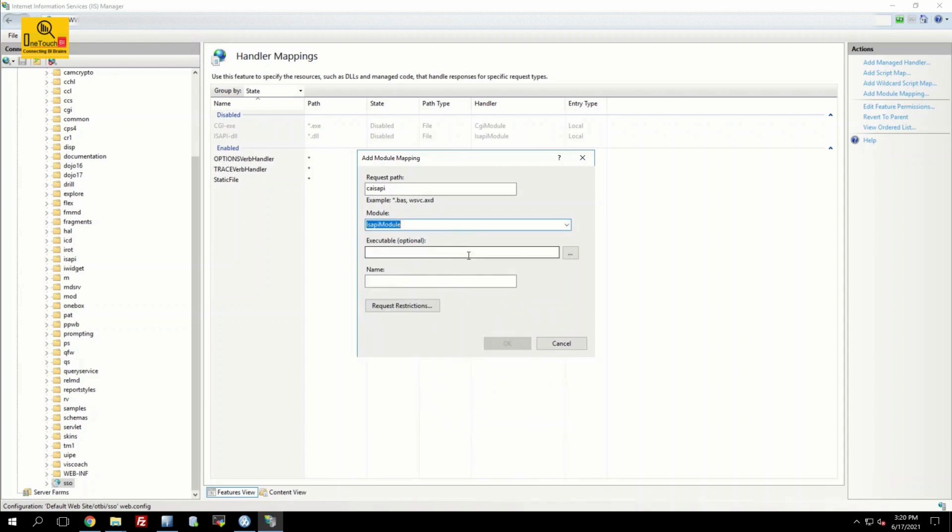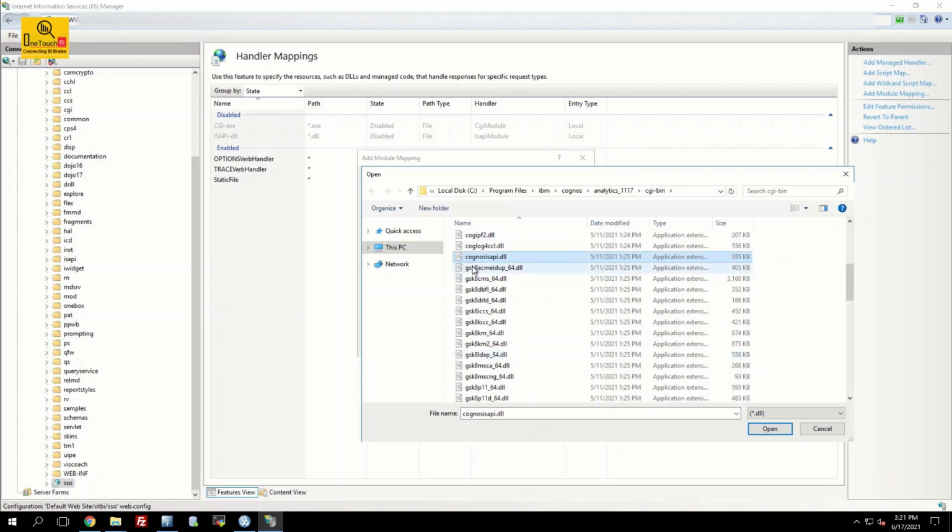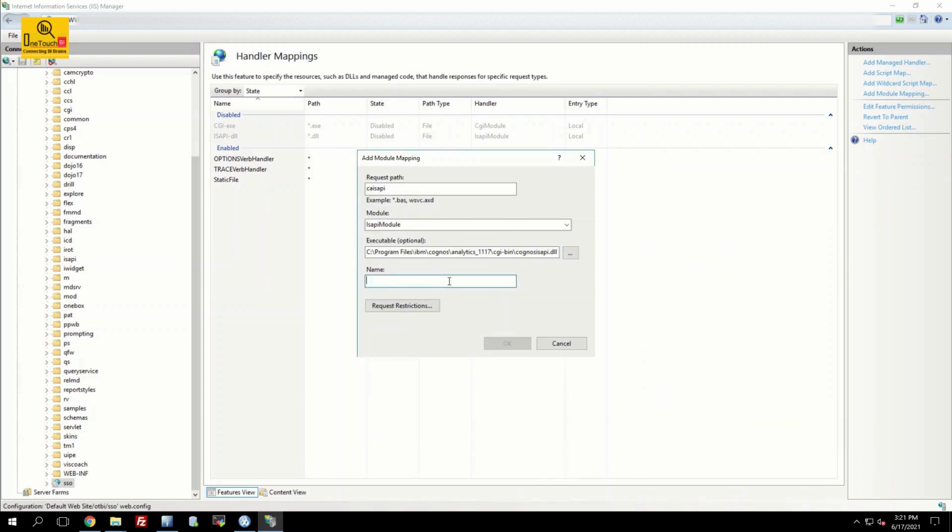And the executable path, the Cognos isapi.dll, you need to provide. Click on the three dots, go to the cgi-bin location and locate the file called Cognos isapi.dll. Can you see this? Choose this file and click on open and provide the name as SSO login. Click on OK.